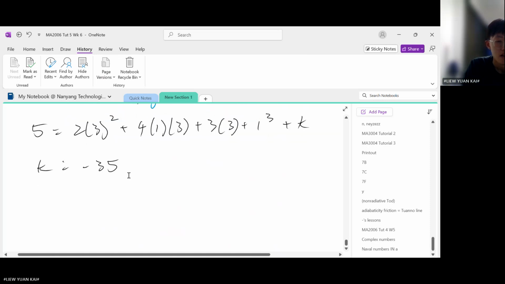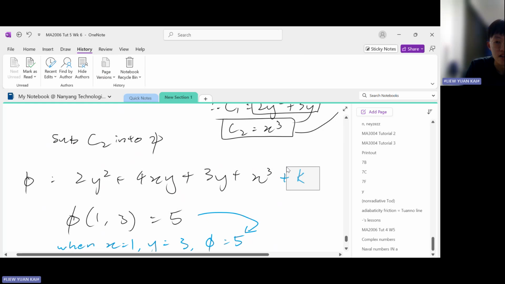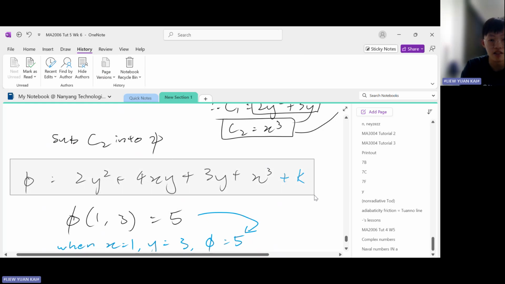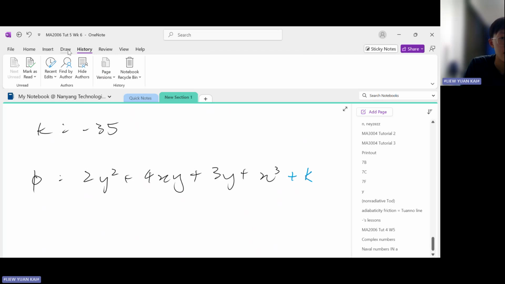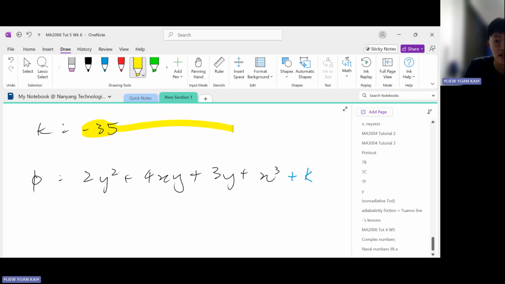Okay? Once you found this k, remember to substitute it back into here. So let us go ahead, copy this. Now I need to put this k into here. Okay, if I do that,